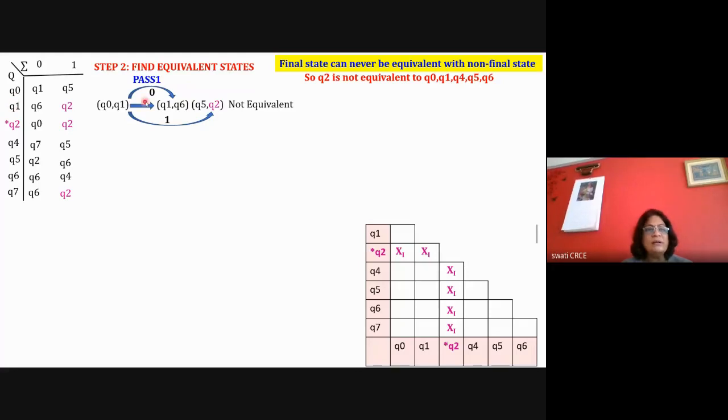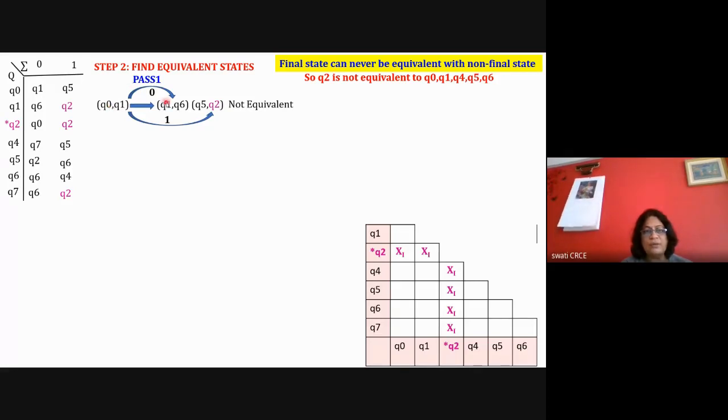Okay, so what you do is that to find out the equivalence between Q0, Q1, I'm writing here the transitions. Q0 with 0 transition is Q1 and Q1 with 0 transition is Q6. Then Q0 with 1 the transition is Q5 and Q1 with 1 transition is Q2. So here in the table, this Q0 and Q1 with 0 input symbol going to Q1, Q6 pair. So I'm trying to find out the equivalence between Q0, Q1 and I'm writing the other pairs for the input symbol 0 and 1. Okay, so here have you understood this?